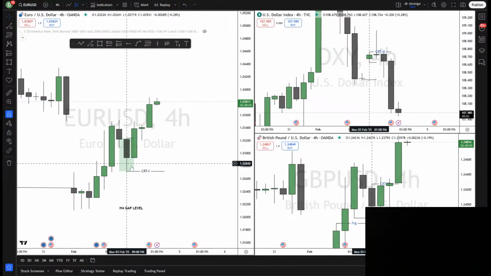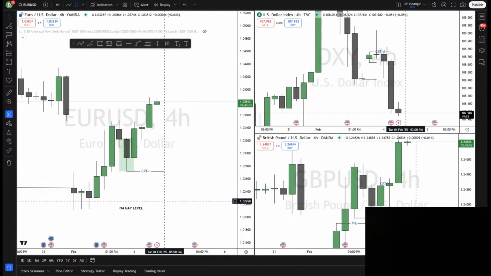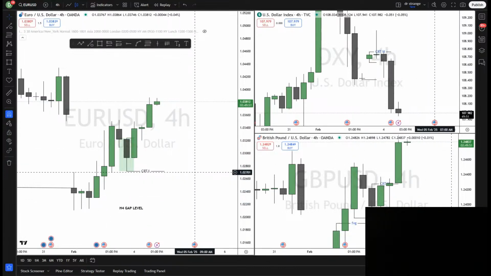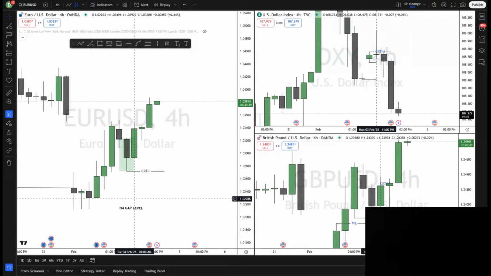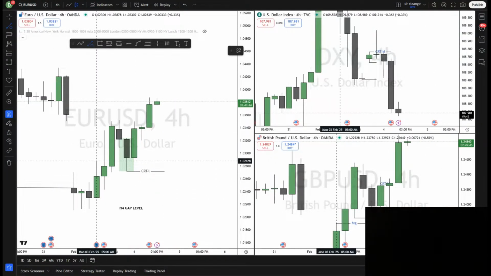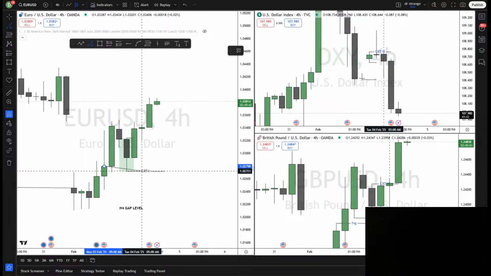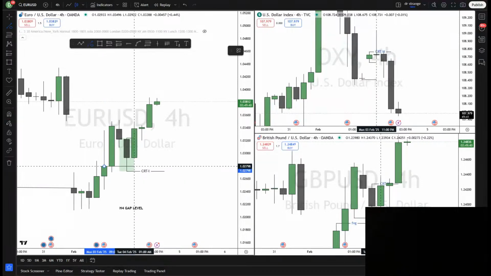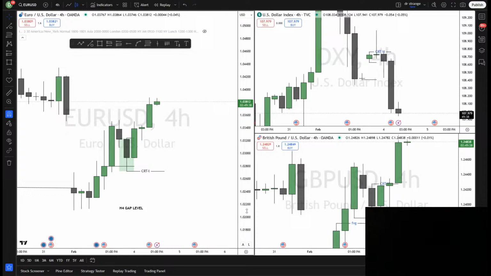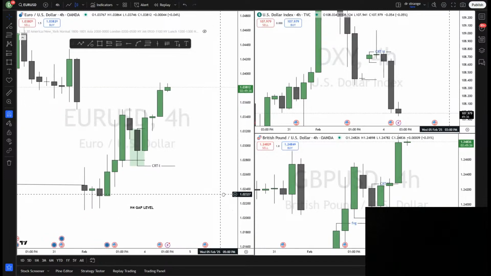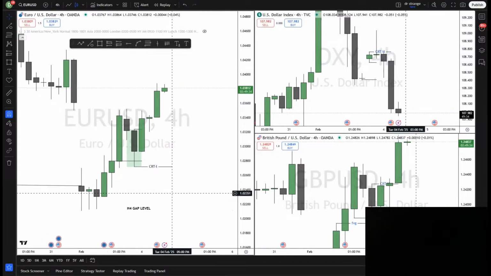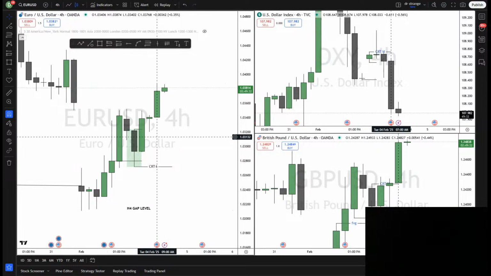What happens when you see this and you go into a day looking for bullish price action? So I opened the charts and I was looking for buys, but where do you buy from? According to MSNR, we have an H4 gap level right here. And when you're bullish, every time you have a bullish breakout, H4, you buy. So this is for Euro USD.